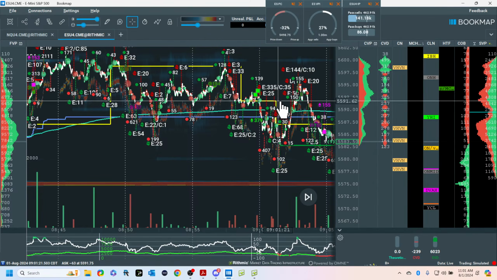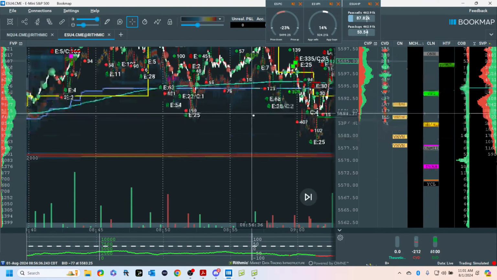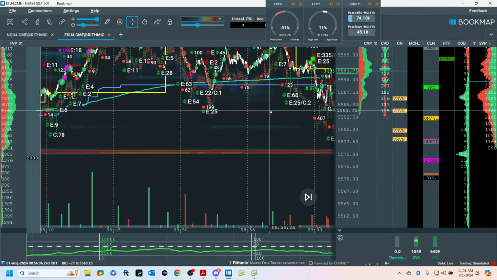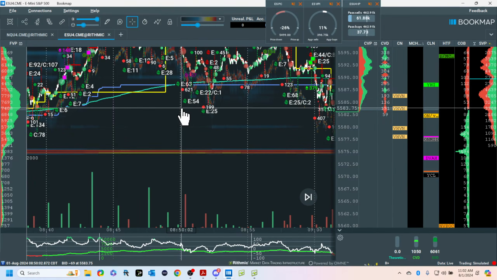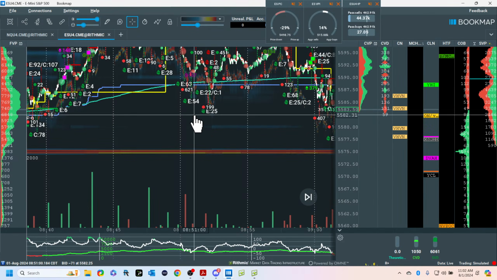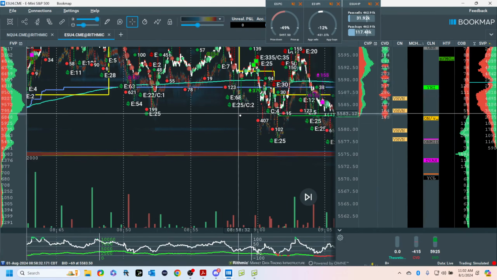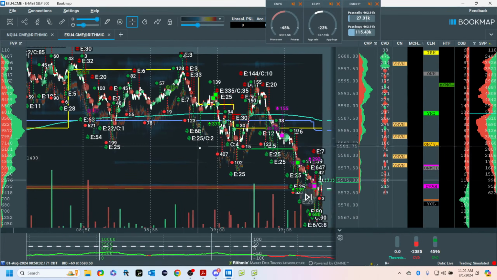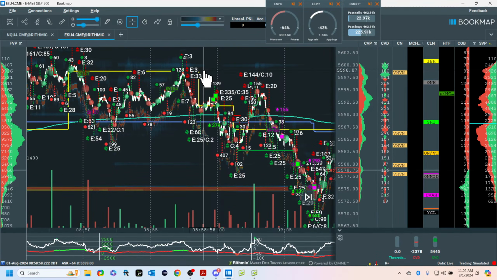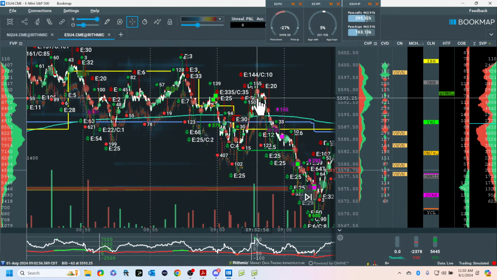VPOC migration. So right here, I'm looking at this, and I have my report right here. So I look at this. Let me show you. And this is where it got a little funky for me because I had support here, support here. I came down here, and I was above the overnight volume point of control. So I took a long in here, and I'm going for this. So long to here. I did not get my scale. I took a stop here.